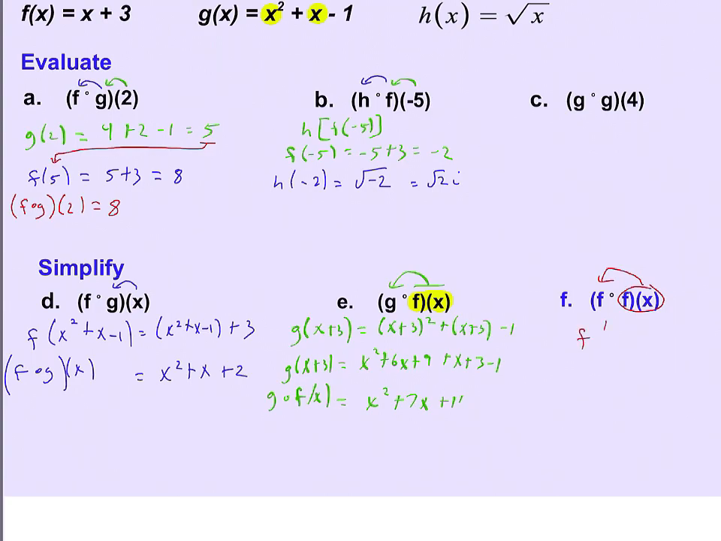So remember, f of x is x plus 3. So we're taking f of x plus 3, which is taking x plus 3 and plugging it in for that input. So that's x plus 3 again. So that's x plus 6. And that is f of